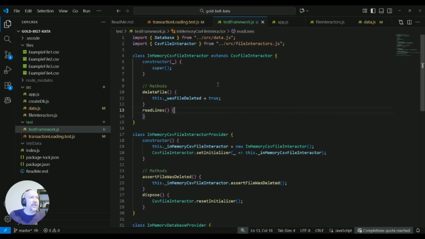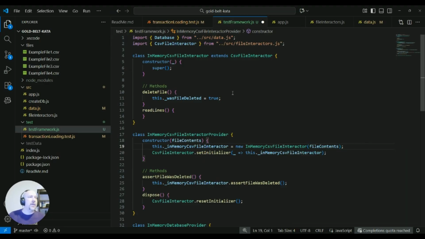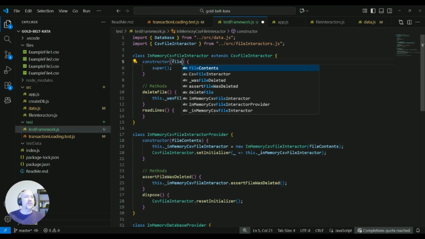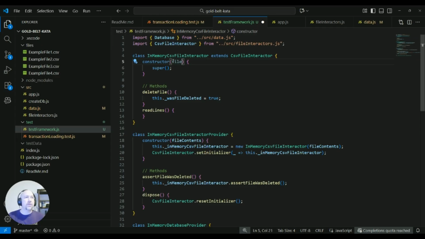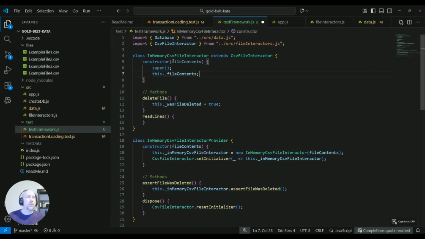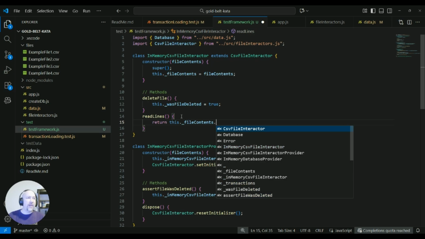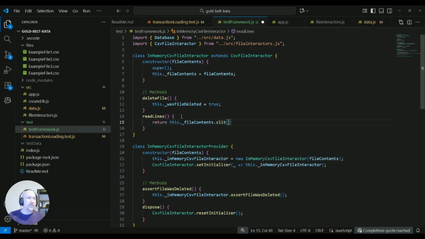And so inside my interactive provider, inside the constructor, we're going to need the file contents. And now I need to pass that into the in-memory file interactor. So we are going to need this file contents equals file contents, and now I can use that. So what we will do is we will simply return this file contents dot split